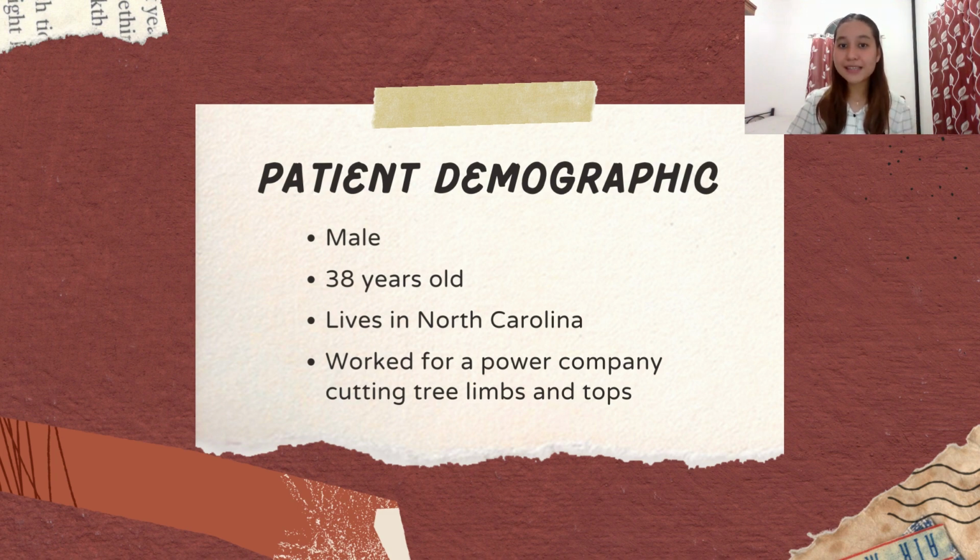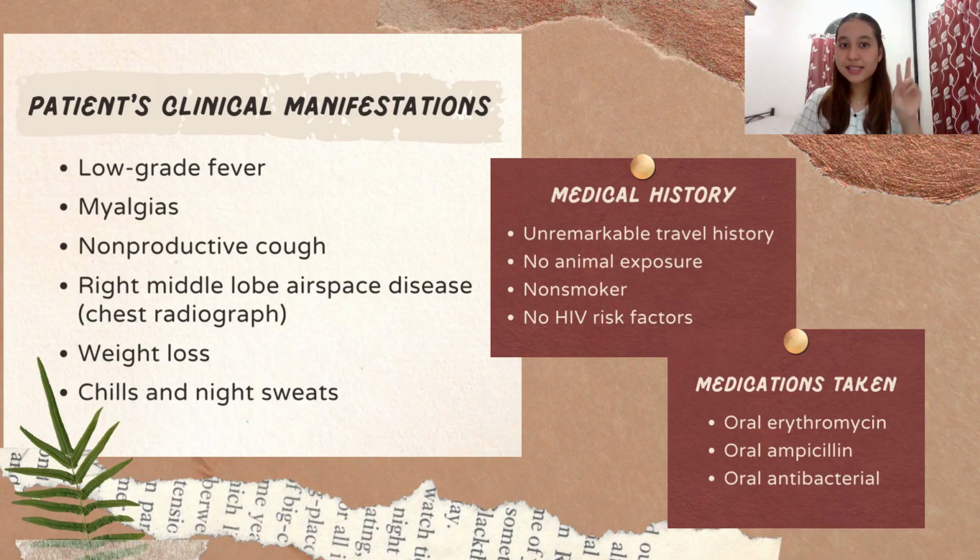Firstly, the case is about a male patient in his late 30s who lives in North Carolina. He worked for a power company as presented in the slide. Secondly, the patient presented clinical manifestations including fever, muscle pain, cough, right middle lobe airspace disease, weight loss, chills, and night sweats. Thirdly, he doesn't smoke and had an unremarkable travel history with no prior exposure to animals or any